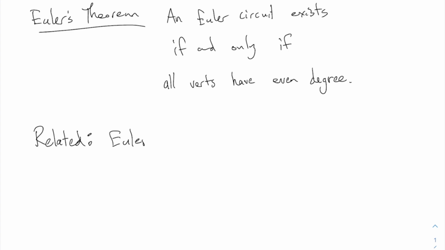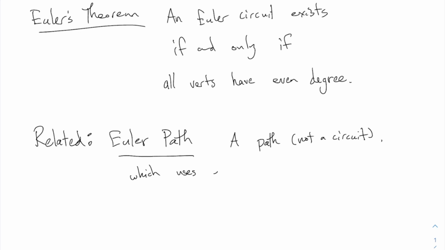This is unsurprisingly called an Euler path. This is like an Euler circuit in that it uses every edge once with no repeats, but it's not a circuit. It starts at one point and ends at a different point. Okay, so an Euler path would be a path, not a circuit. That is, it starts and ends at two different points, all right? A path that is not a circuit,